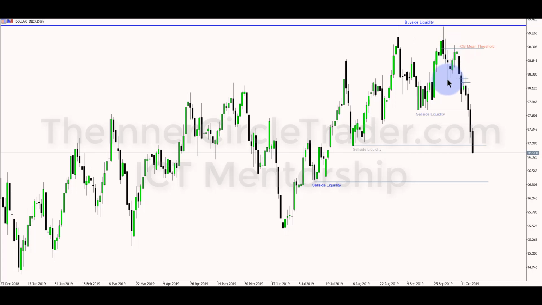And then we were looking for a run below this low here. And then we expected this whole portion of price action, which is a balanced price range. We expected some resistance in here. We did. We got it. We stabbed down here on this one. And I said the next candle, if we open and create a fair value gap and needs to fill it, that's low probability. That means you're going to have to wait for it to run through here before you start seeing low resistance liquidity runs. Doesn't mean that it won't go down to our sell side liquidity pool, which it did, and then met this one as well. It just means that you have to wait a little bit longer versus this type of action.